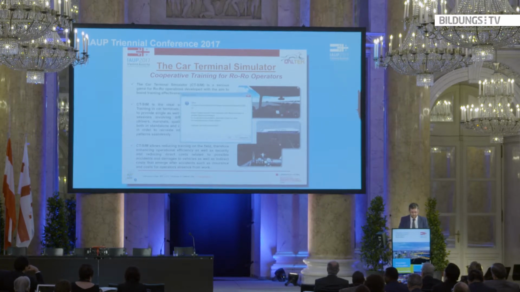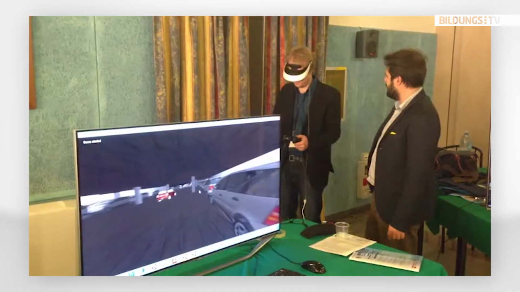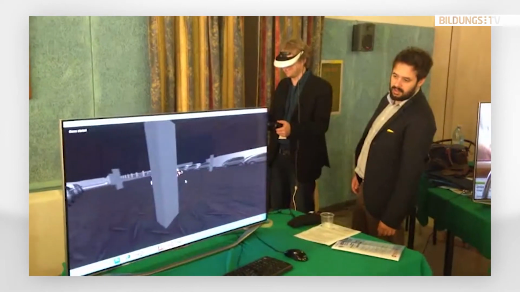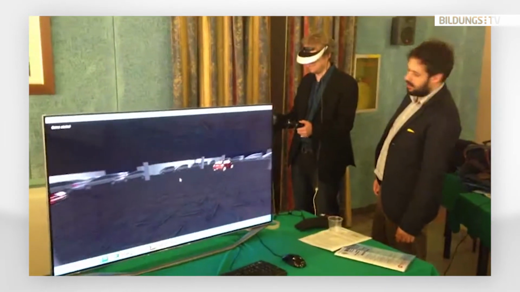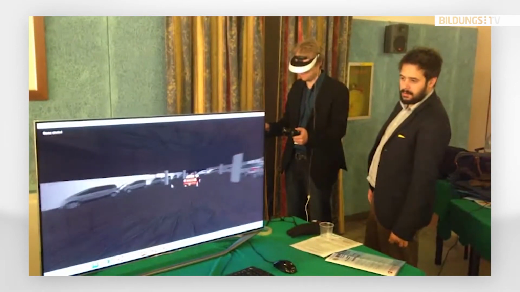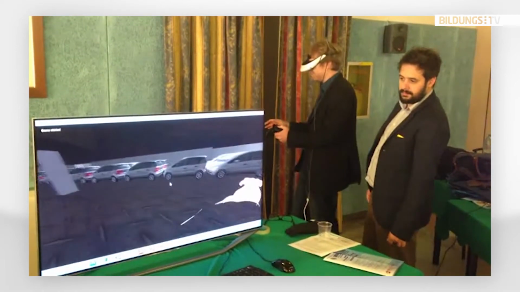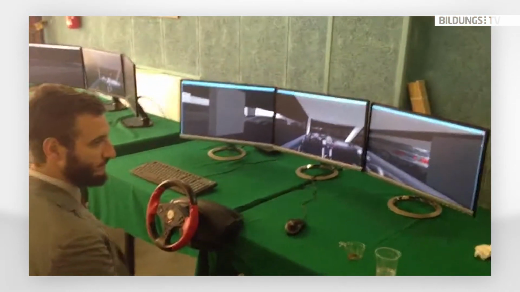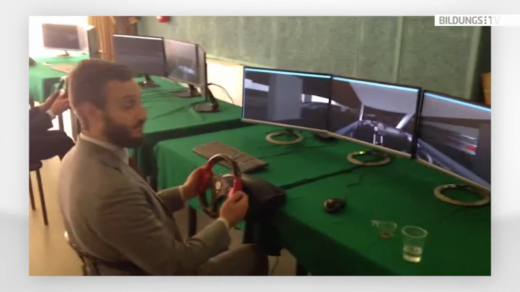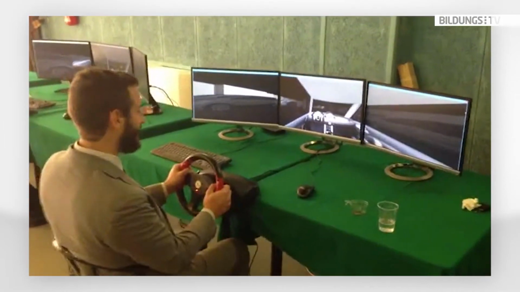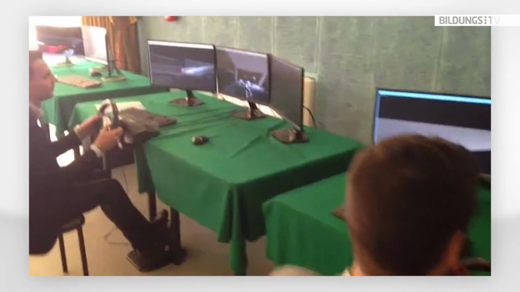And let's see also in this case the video to see how the simulator works. If we can enlarge a little bit. So you can see the parker. This guy is using a virtual helmet and is providing indication to the cars on board the ship about where they have to park. He can move around, he can see the situation, he can give indication to the drivers. And here you can see the drivers. There are 3 drivers, so we are training 4 people at the same time. The 3 drivers can move and park the car according to the parker's instruction.